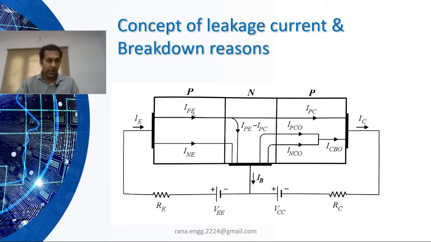So at input side, this is IPE. It means current due to holes. It is at higher level because the current due to holes is majority, and on which terminal, E. So this current is IPE. This is the majority carrier current because of majority holes. And electrons are minority in P side, but they will also have small amount of current showed in the lower level. So current due to N, that is negative, due to electrons at emitter side. So we have IPE and INE.